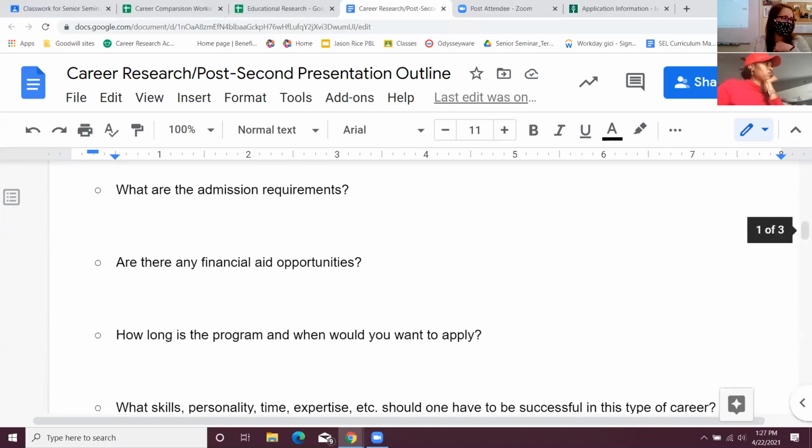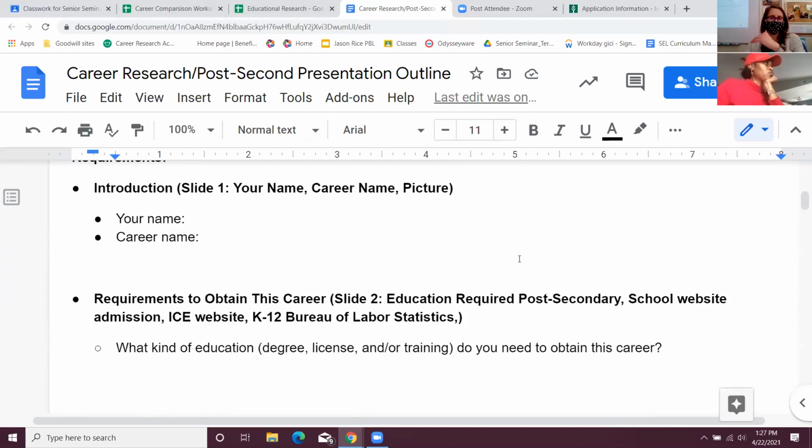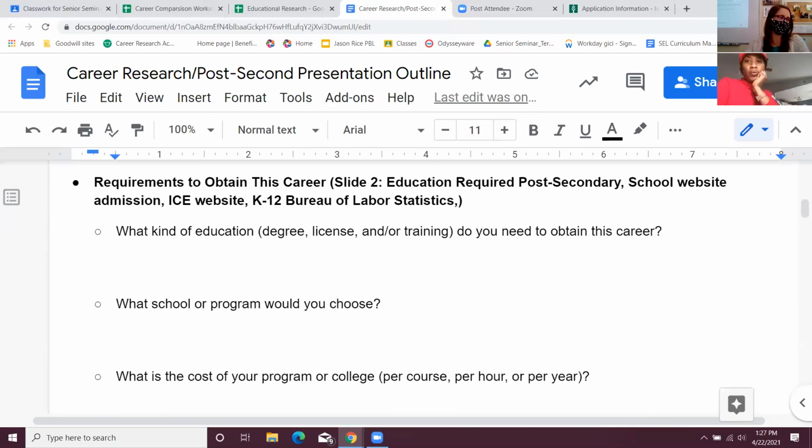So yeah, that's pretty much the outline. And the cool thing about the outline is once you do this next week, you're just gonna be able to put it into slides. It's gonna be really easy for you once you have the outline done. So just gather everything right now, and then next week we can focus on doing the slides. You can work on the outline on Monday too. I'm gonna give you guys Monday to do the outline, okay?